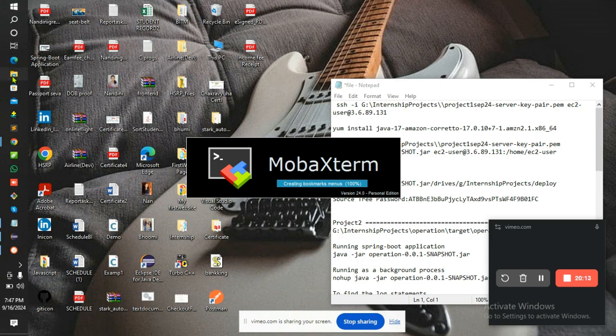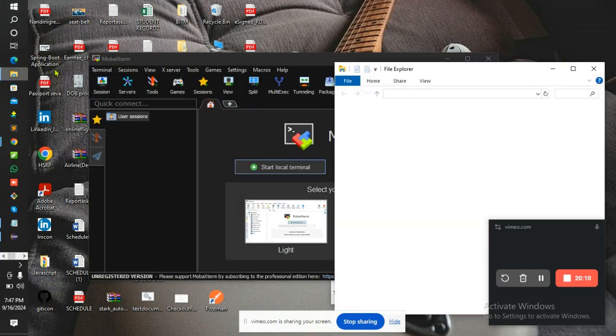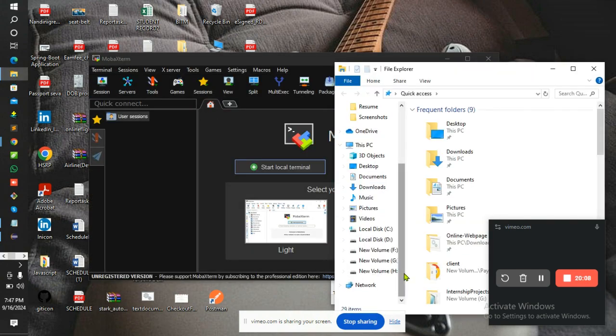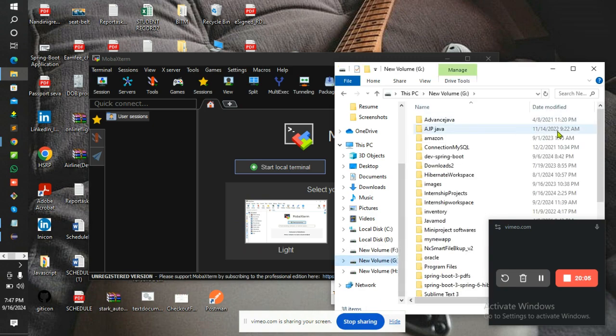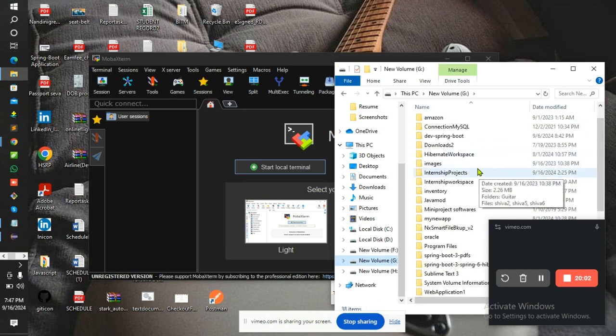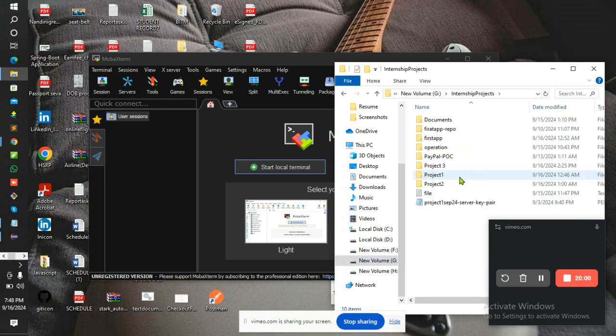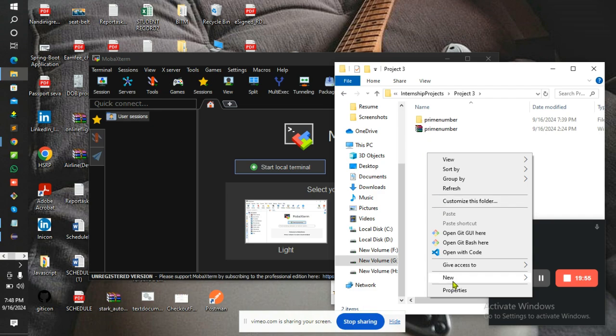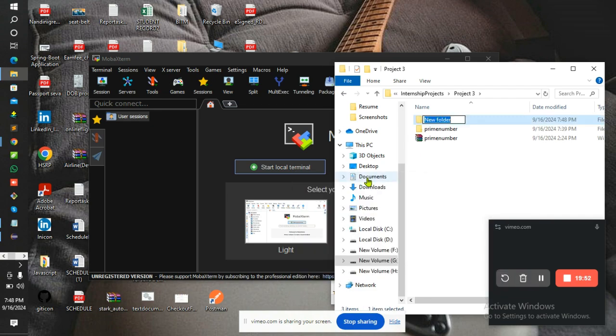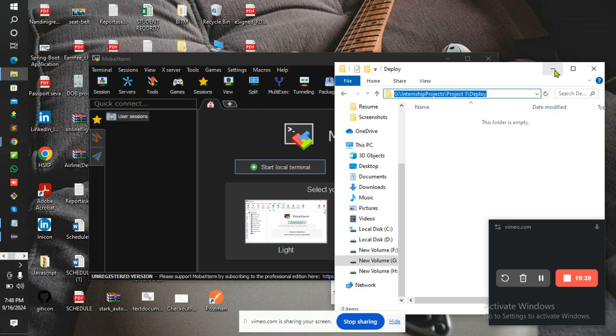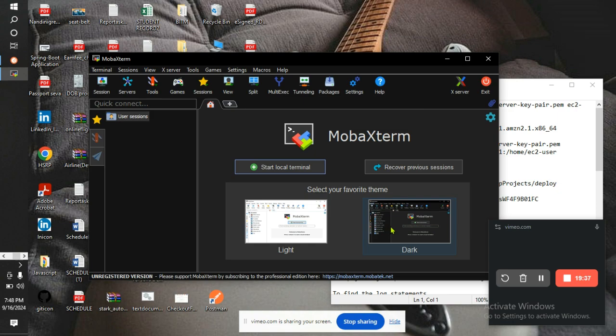For deploying, we want one local folder, so I am creating here one local folder in the project, a new folder named deploy. In this folder I have to deploy, right? This is the path, and in MobaXterm